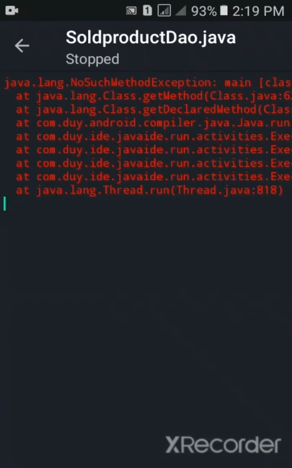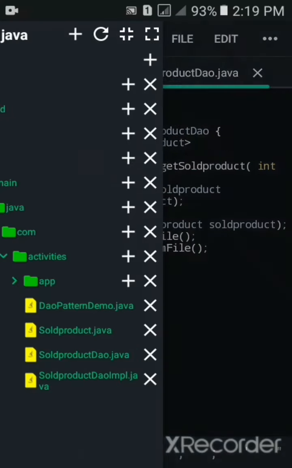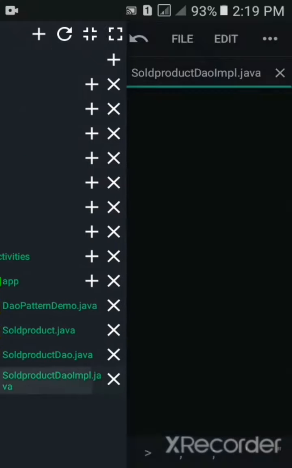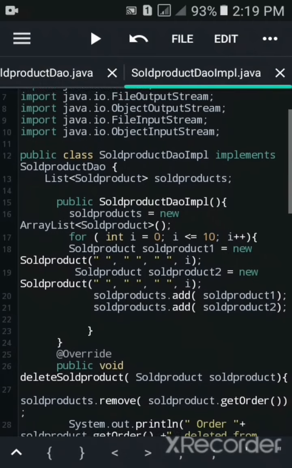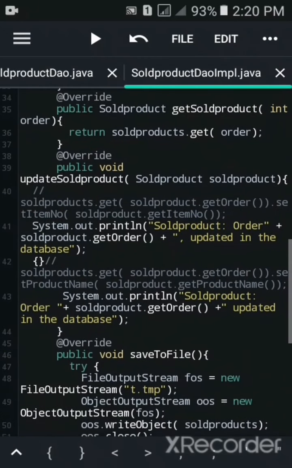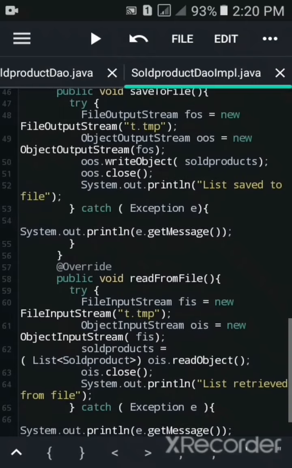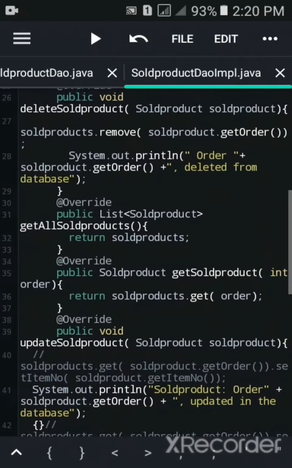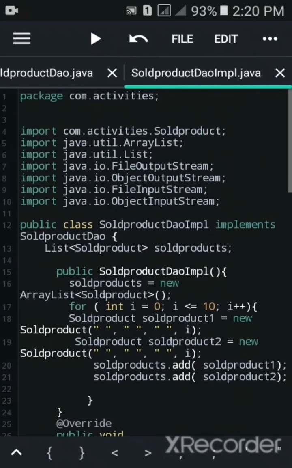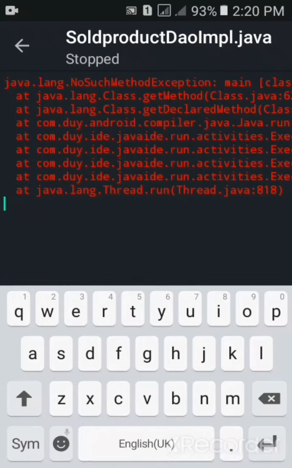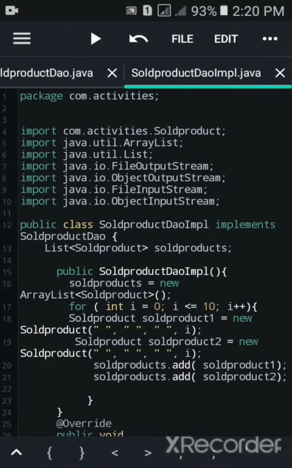Compilation successful. The third step is called soldProduct.mpl.java. This one. Here's the code. Let's try to run it. Compilation successful. The last step is called